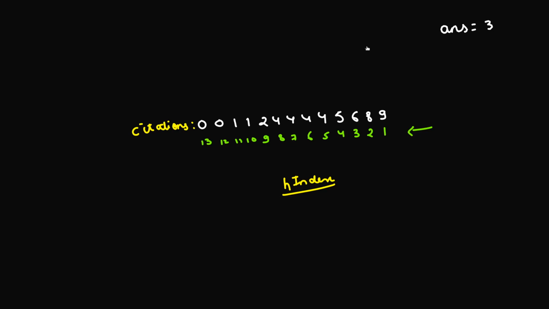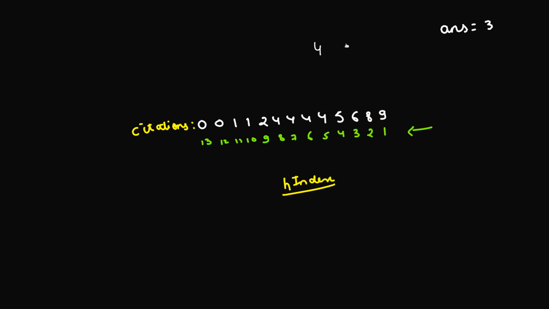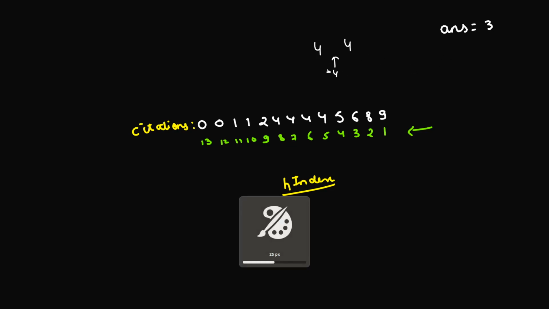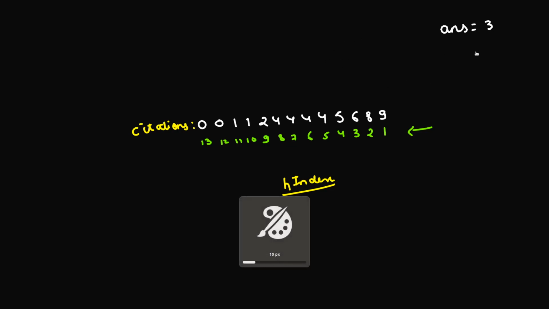Okay, so we'll just do the binary search between 4 and 4. And the middle value is also going to be 4, right? So what I'll be doing is, I'll be just checking the last fourth value, and I'll be seeing whether the last fourth value is greater than or equal to 4 or not. So I see that the last fourth value is 5, and yes, definitely 5 is greater than or equal to 4. So 4 can be my valid answer. So what I'll be doing next is, I'll be storing that value 4 in my answer variable, and this is the point where I also end my binary search as well.